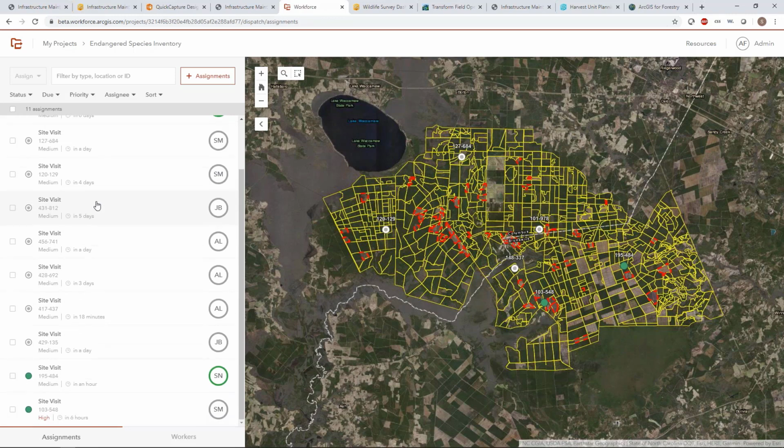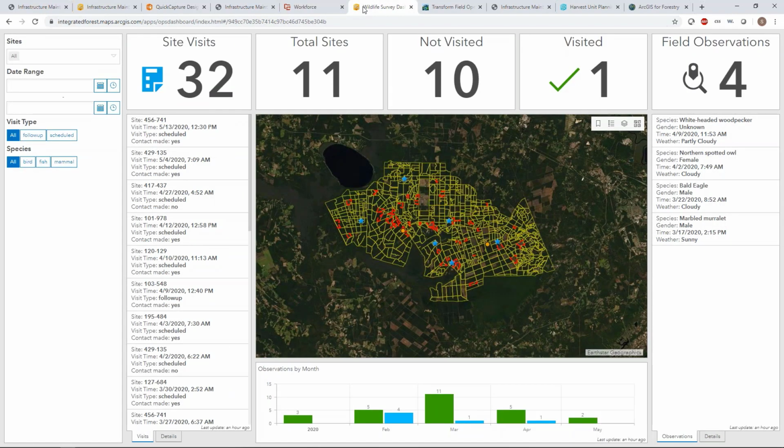Not everyone is going to have a seat into Workforce, right? Only a few people might serve as this dispatcher role, but what we can do is configure a dashboard for some of our other stakeholders. Like Sarah mentioned, maybe we have other supervisors or executives that want to see this information, and a dashboard is a really great tool to build that out.